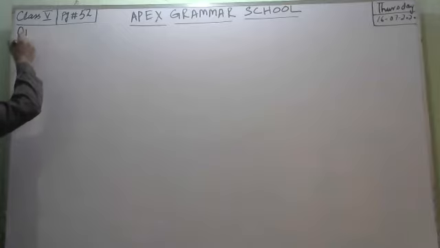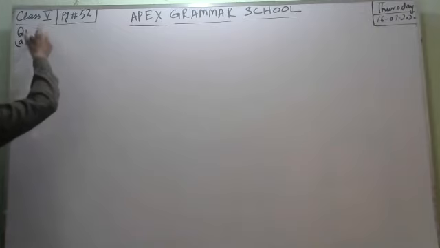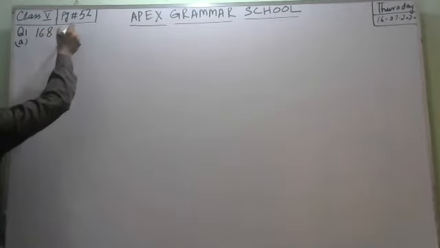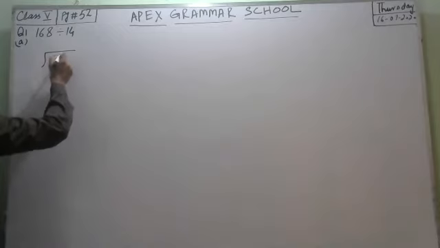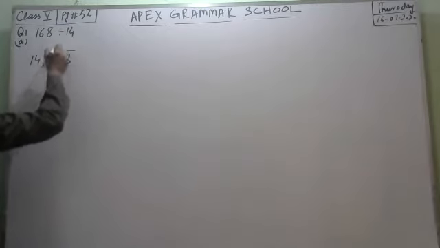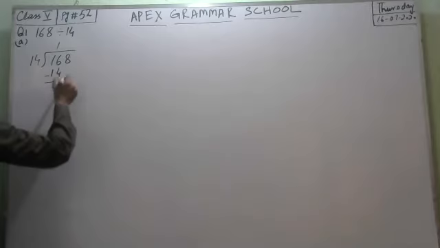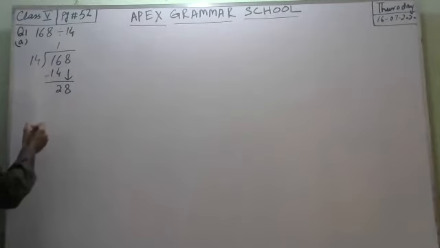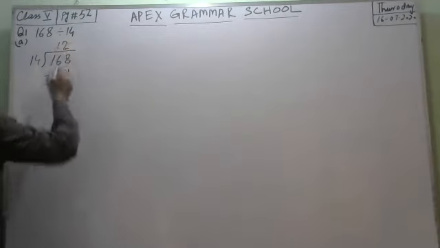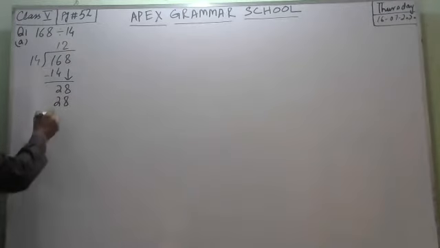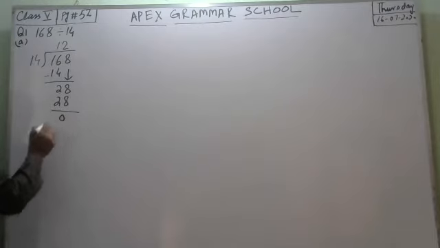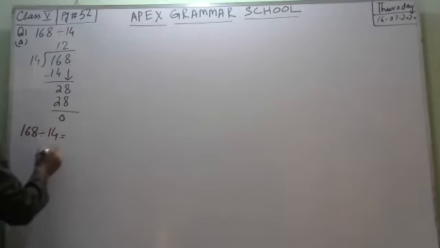Question 1. A is 168 divided by 14. First of all, we have to divide. 14 ones are 14. 14 twos are 28. Zero remainder. 168 divided by 14 equals to